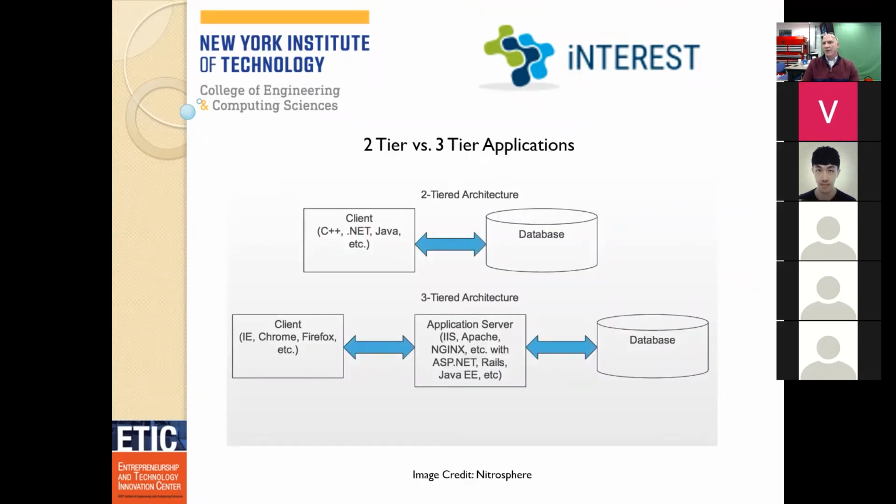So let's talk real quick about tiers. When we build applications, we build them in tier 1, 2, or 3 constructs. A tier 1 application is when the data and the application itself are all on the same device, like a phone app or a PC workstation piece of software to connect to a printer or something like that. Really everything is on that one device. When we talk about a 2-tier system, a client server system, we're talking about the application being on the device and the data being somewhere else, on the intranet, on the local network inside your building.